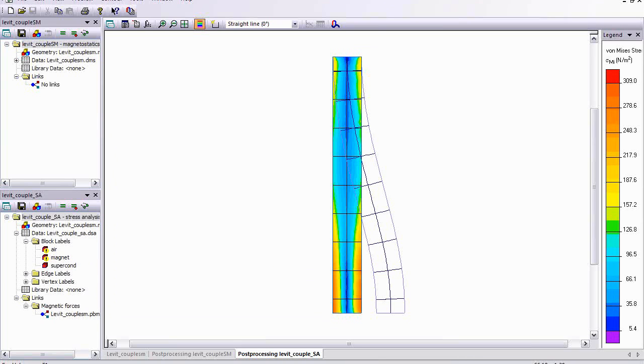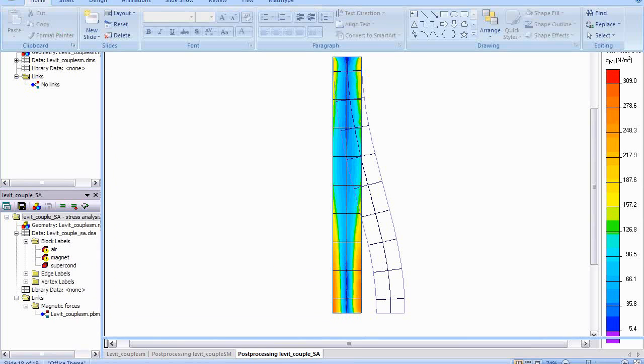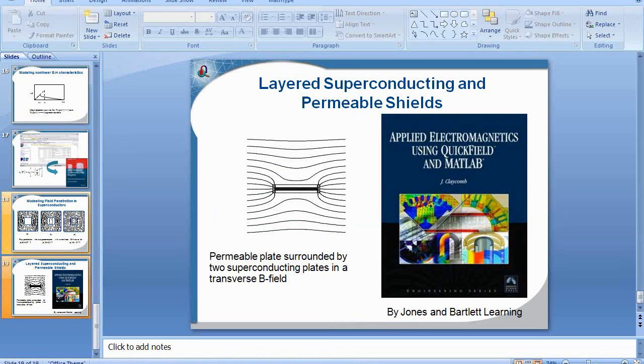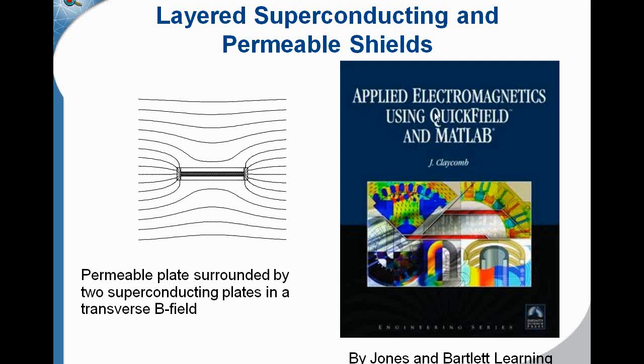So the last thing I wanted to talk about is combinations of permeable and superconducting shielding. And there's more examples in my textbook, Applied Electromagnetics Using QuickField and MATLAB, published by Jones and Bartlett Learning. In this simulation, we have a transverse field, or a sideways field, and we have a layered superconducting and mu metal